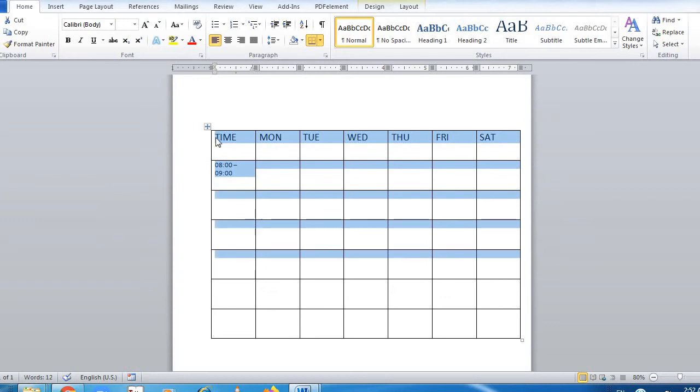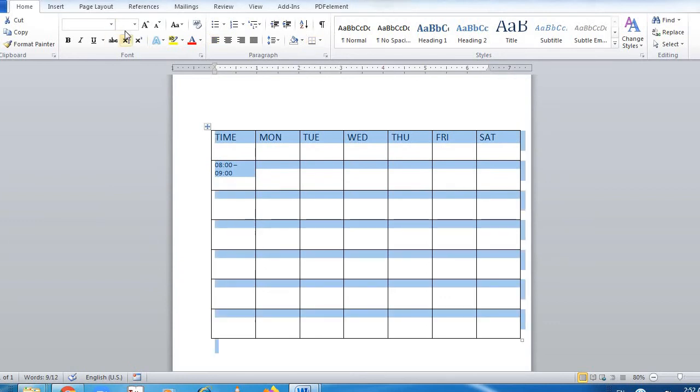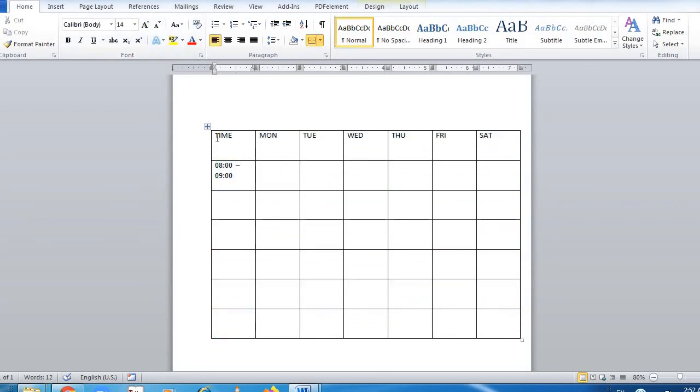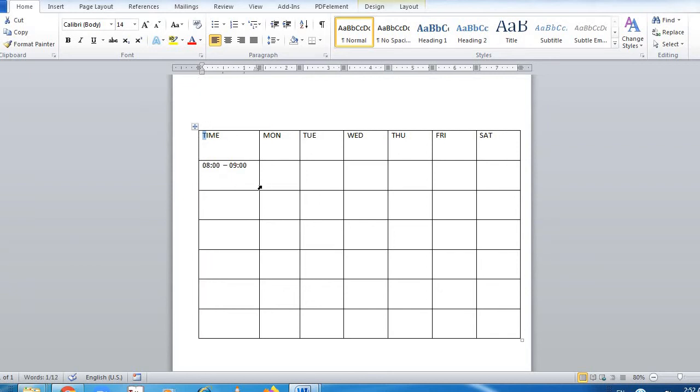Or select this, and drag it a little bit, because the time should not go down. Then 9.